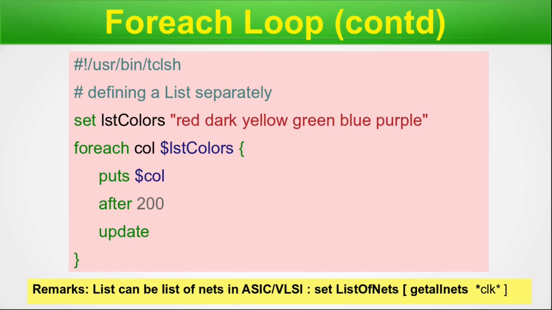So this list, okay, it can contain strings, right? So when we are using Tcl in VLSI, sometimes we store the outcome of any particular procedure in a list. So this foreach may be used like I have shown below in the yellow box. Say set list_of_nets. List of nets is a list, okay? And within the square brackets, we are defining get_all_nets. So it's an imaginary procedure which will get all the nets in a design, and we are filtering with the ones named with clock. So if you execute within the square brackets, the return value will be a list, and that is stored in list_of_nets, and you can iterate on the list by this foreach